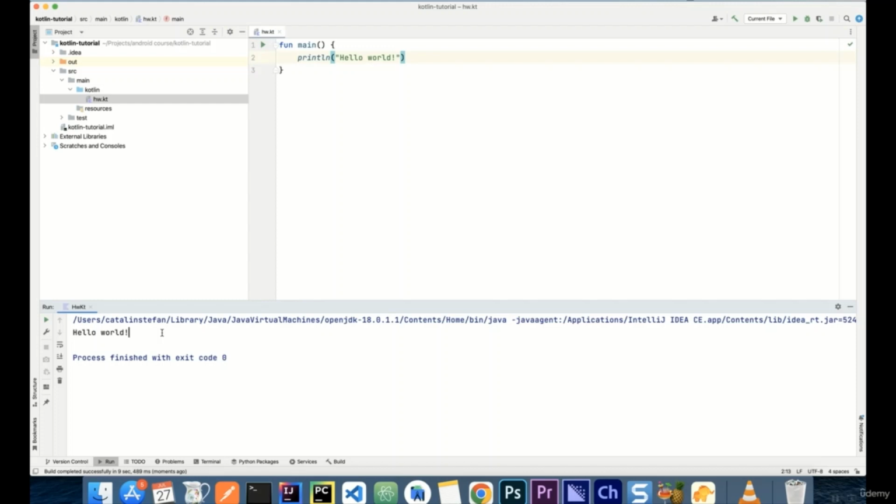Okay, so very, very simple program, but at least we know that everything works from start to finish. We can use Kotlin, we can use Java, we can use IntelliJ to actually run our program. Okay, so that's what I wanted to do in this first video. We have installed everything we need for Kotlin, although we will need additional stuff for Android. But for now, we can go ahead and learn about Kotlin in detail.